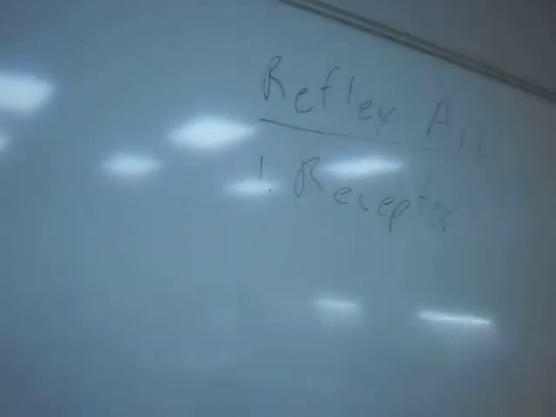Reflex arc is always going to begin with a stimulus, but a stimulus without this thing cannot be registered by the body. What's that thing that picks up on the stimulus? Okay, the receptor. So you've always got to have a receptor as the beginning of your arc. Now, most of the time the receptor is a separate cell. Sometimes it's the same cell as the next part,